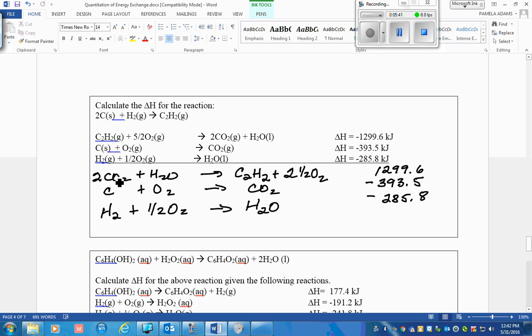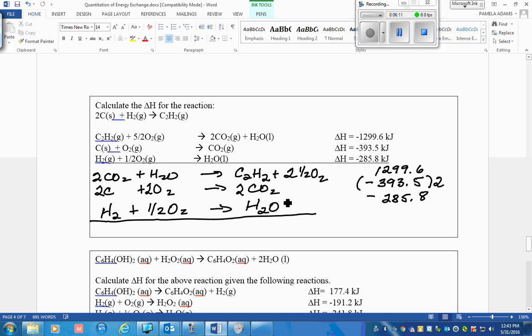I'm going to hop down to this one because I see my target reaction has 2 carbons and I only have 1. So I do know that I need to multiply all of these by 2 in order to get 2 carbons. And that means I will also multiply my delta H value by 2 as well. And that one step